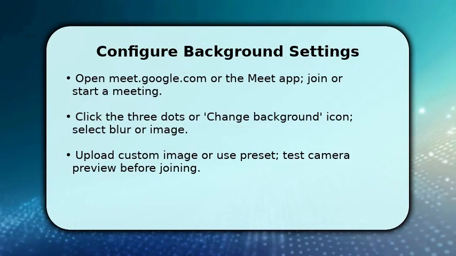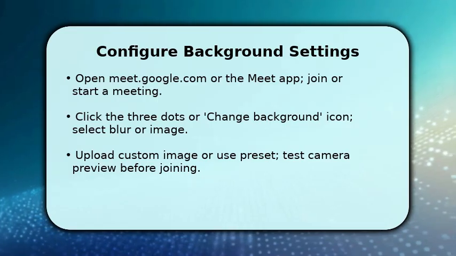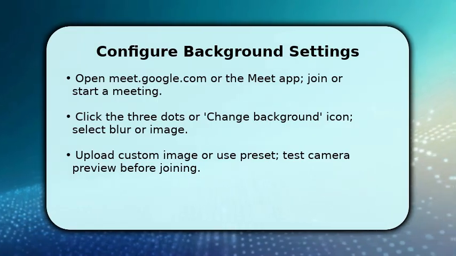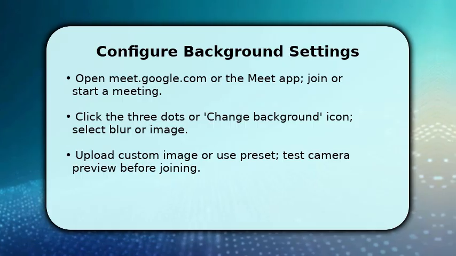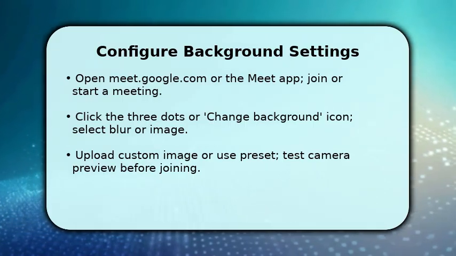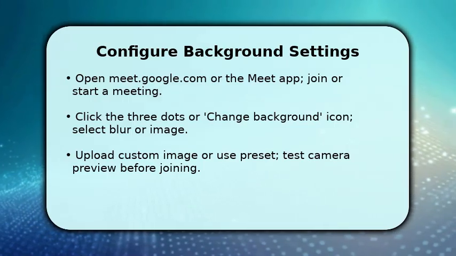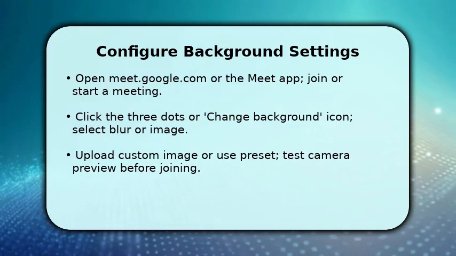Once you're in a meeting or lobby, open the More Options menu and choose Change Background so you can pick Blur, a preset, or upload an image. You need to use Chrome or the official Meet app because some browsers lack this feature. Chrome is preferred. Make sure hardware acceleration is enabled in Chrome settings if using a desktop, because that boosts real-time